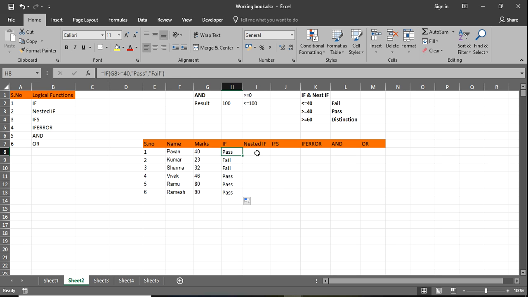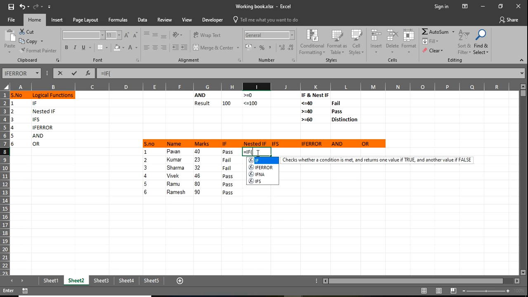So next, nested if. What is a nested if? A nested if means we can use if conditions multiple times. How we can use it? For example, if, if, so like it will go. So we can use if conditions multiple times. How we can use it in our work means, if